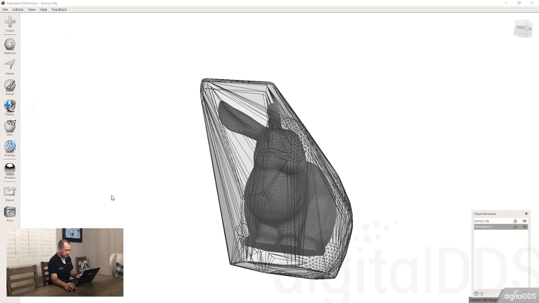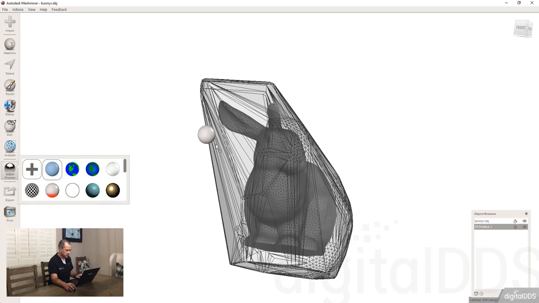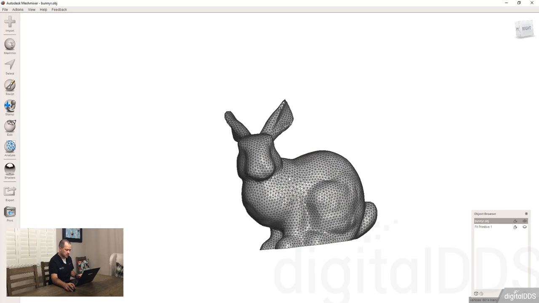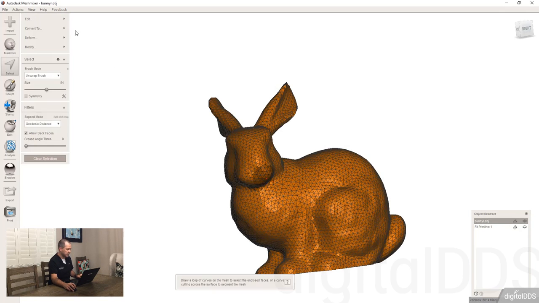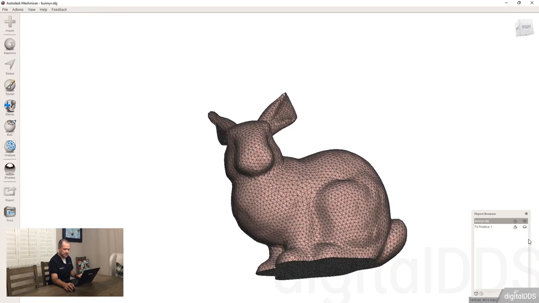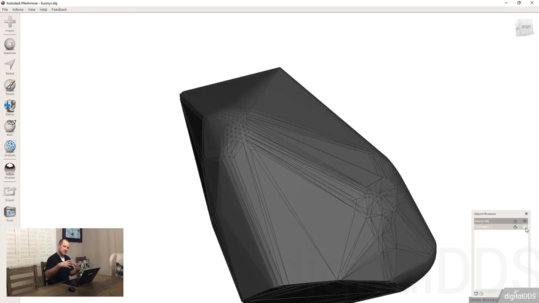I didn't mean to hit export shade, let's put that back to the normal one, okay. So we have an outside thing. I just did that instead of making a cube, but I was going to bring in a cube and size it. But what I want to do is go into this bunny, select the entire bunny, and go with a flip normals. So the whole entire bunny is inside out,